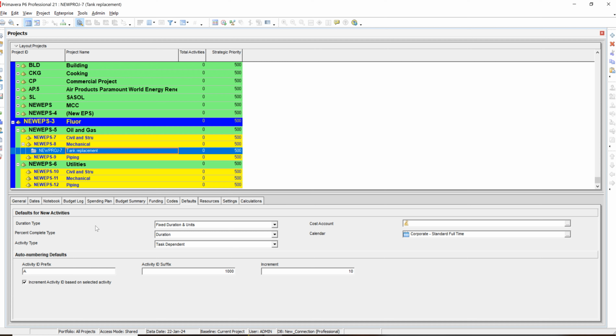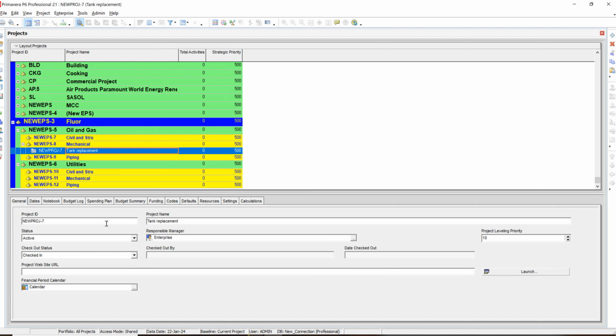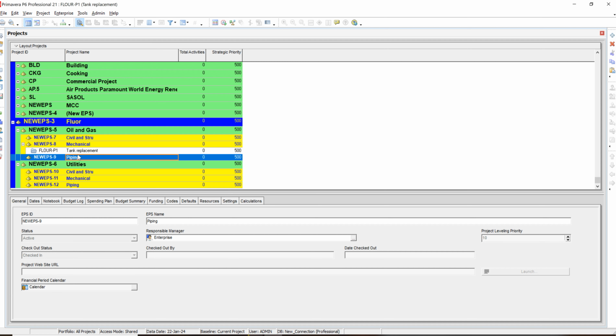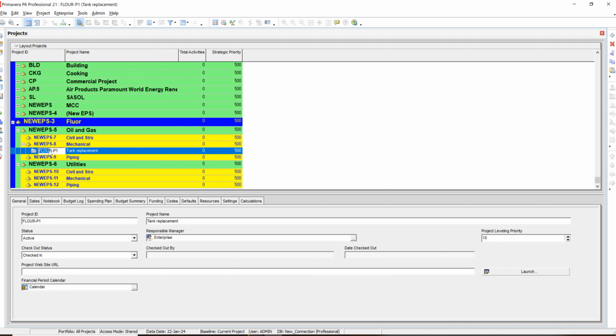This is our project, tank replacement. In the general view, we have a project ID. You can change your project ID here. Also, you can change it here, whatever you want. For example, I want to say Fluor project 1. Oh, sorry, what did I write? Fluor project 1. Then you can see automatically